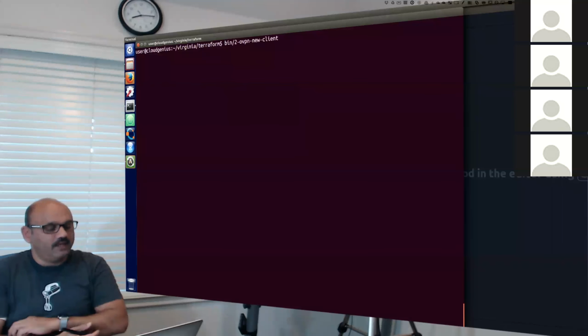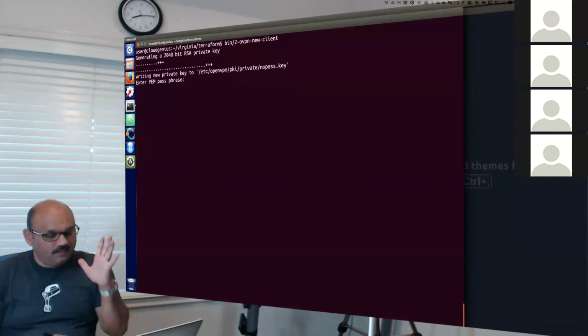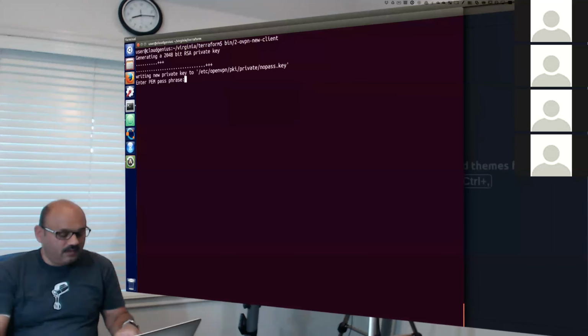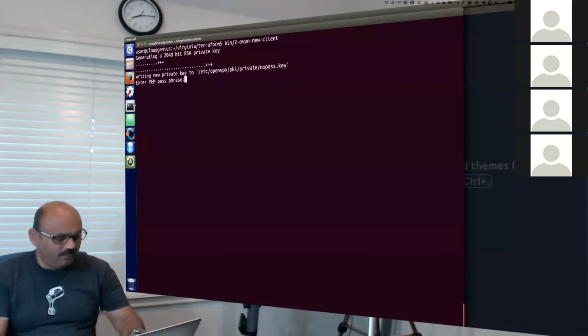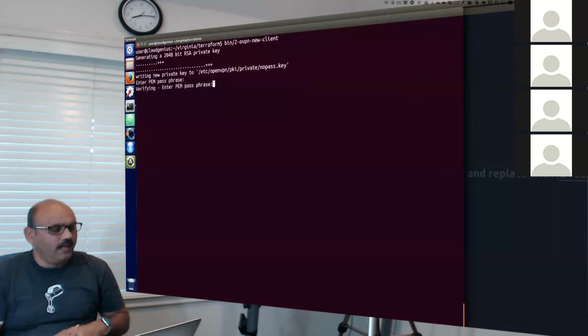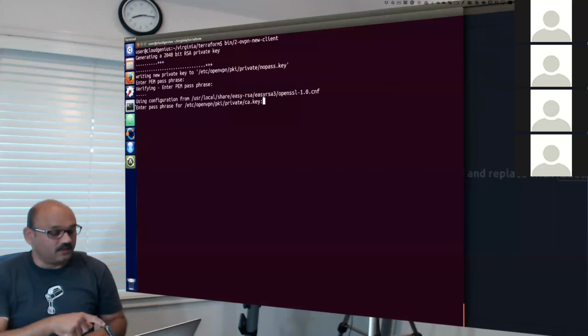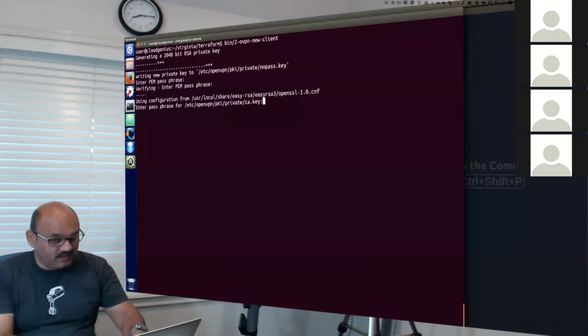And what we are going to do is connect back to the same OpenVPN server. And it is now asking us, what is your passphrase? We have to give the passphrase again, and then verify it again. And then enter the passphrase for the certificate authority that we created in the previous step. So this is the passphrase for the certificate authority from step number 1.